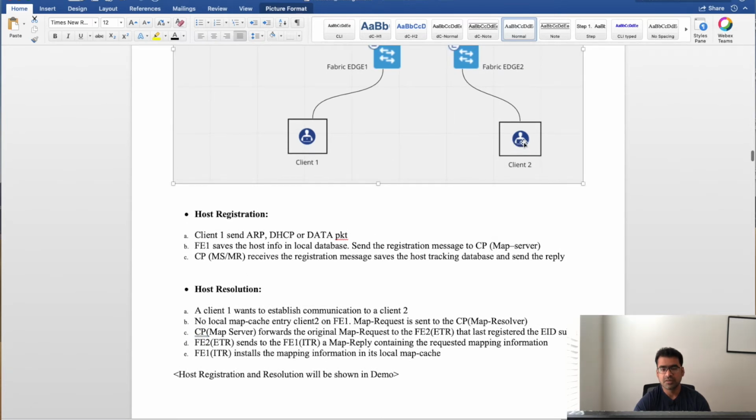Now imagine client A wants to establish communication with client 2. So it has no local map entry for client 2. So what the Fabric Edge does is it sends a map request to the control plane, or the map resolver in this case. Basically Fabric Edge says, okay, I want to reach this client, I don't have the information, let me query the map resolver. So the map resolver